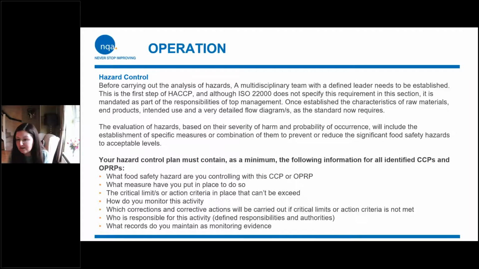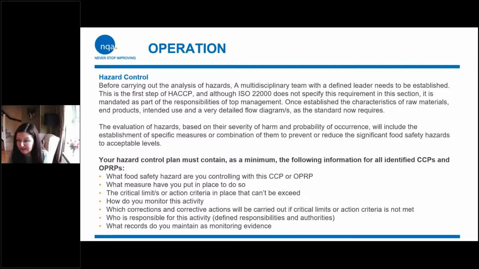The standard does stipulate that we need to evaluate the hazards based on severity of harm and probability of occurrence, and this needs to be documented. This could be your decision tree of your hazards. You put them through a decision tree and you decide then from that decision tree whether they are managed or controlled by your PRPs, or are they a CCP or an OPRP, at which time you would then decide what